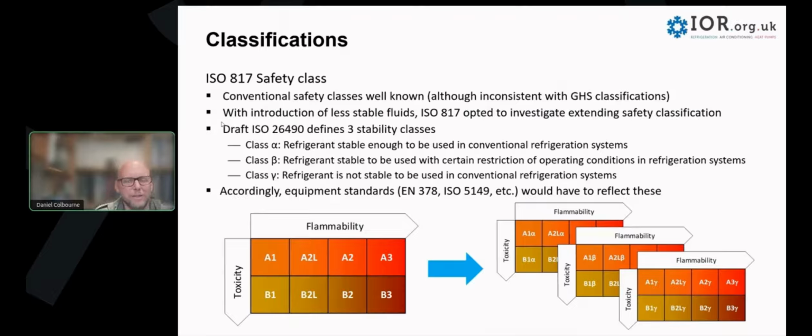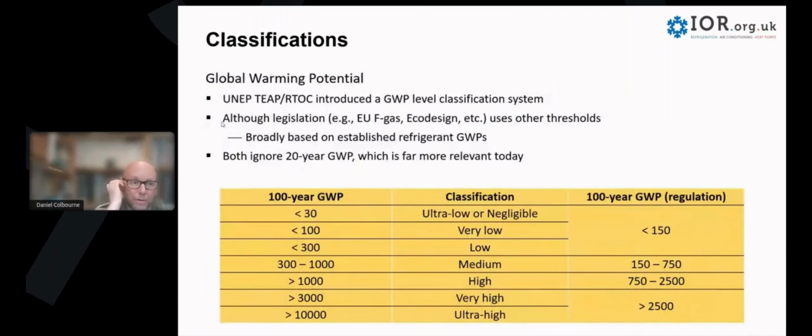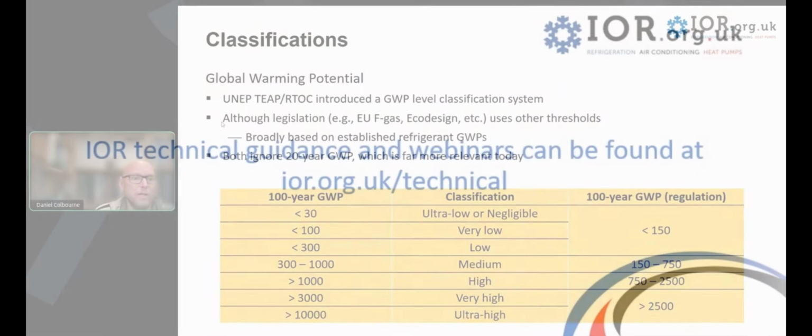So obviously this will then have implications on how the equipment standards are revised as well. But this is all important stuff when considering refrigerants for the future. We also mentioned global warming potential, and